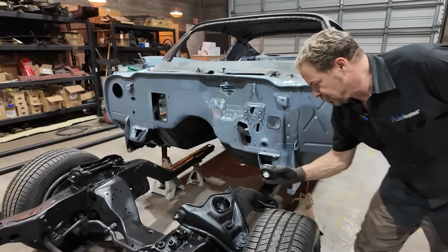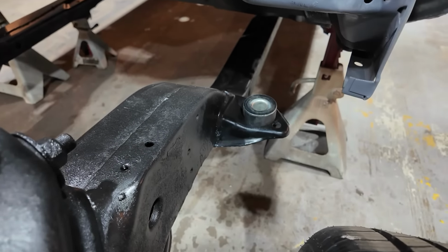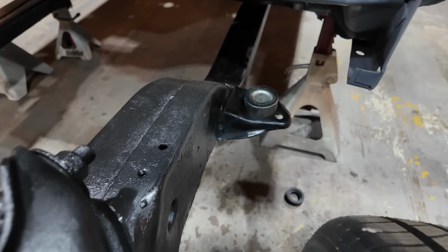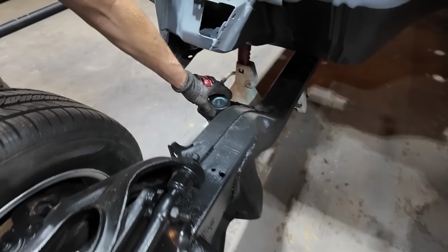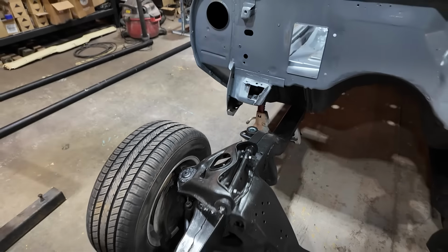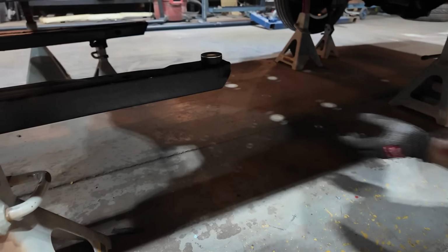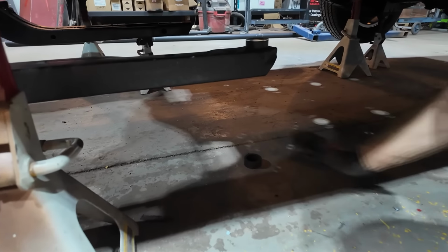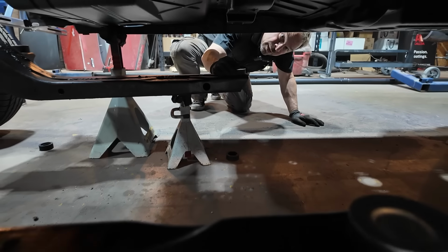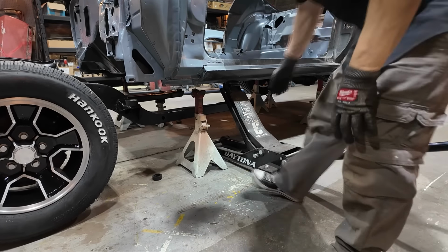So for now, I'm using the stock new bushing kit that I got from AMD. Fits right in there. That's the front, and that's the bottom part. We'll set that under there. Other side goes in there, just in case it accidentally falls into place, right? So the rears, I'm going to do the same. They go there in the back, and this side, right there like magic, bam, there it is. Now, technically, we weren't even on this jack stand, but...